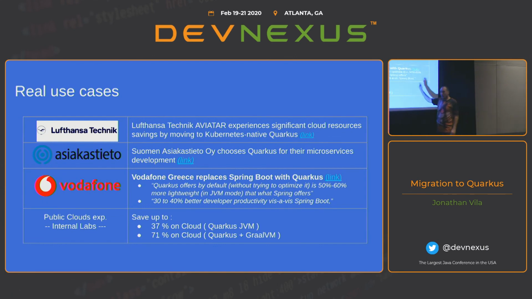And as I said, these are real use cases from companies that have migrated to Quarkus. One of the important use cases that I want to mention is that Vodafone Greece replaced all their Spring Boot microservices with Quarkus. Here is the link that you can